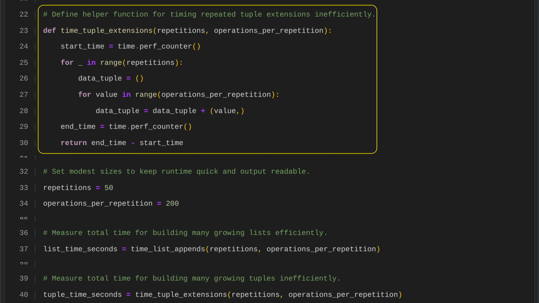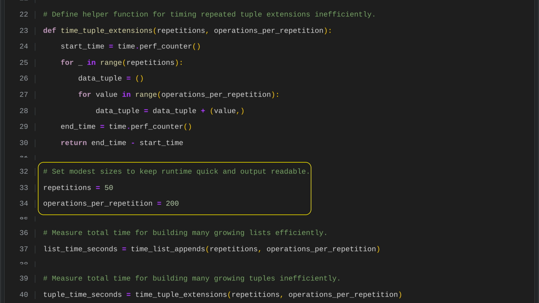extensions. We repeat the entire process of building a list or a tuple 50 times to simulate multiple scenarios and get a more reliable measure of performance. For each repetition, we perform 200 operations, meaning we add 200 elements to the list or the tuple. This setup gives us a consistent workload that lets us compare how efficiently lists handle appending elements versus how tuples